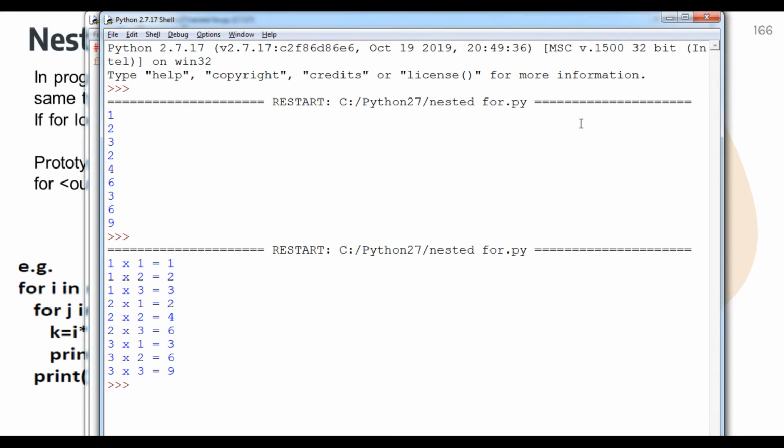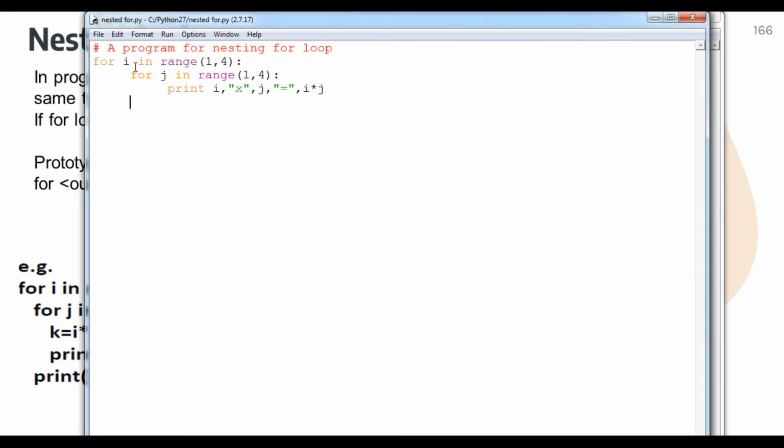So it means whatever the loop, you can see, student, this particular i value will be constant until the j loop is terminated. Again the control will pass to the i variable, that is the outer loop. Suppose the first time the i value is 1, so it gets access to the inner loop, and j will continue 1 2 3 because of n minus 1. Then control goes to i again, and the i value is now 2, increased by 1 because step plus 1 is already the default in the range function. Then 2 will be constant until 1 2 3 completes in the j loop.